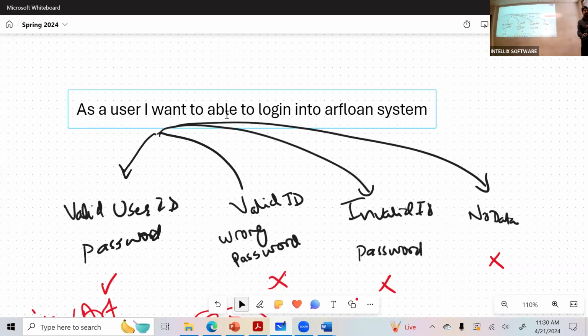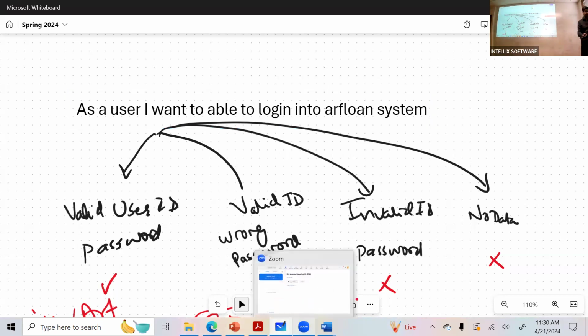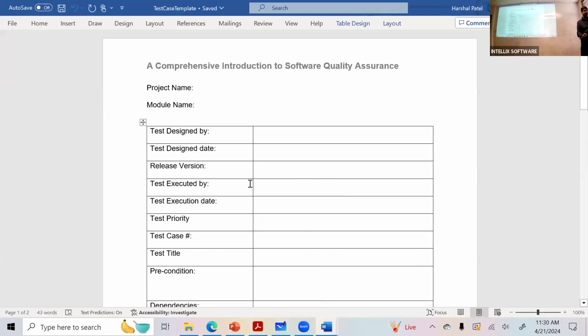So as a user, I want to be able to log into the system when I provide a valid user ID and a password. Okay. So how would I go about writing a test case for that particular scenario? Obviously my project name is rflow. What is the module name?